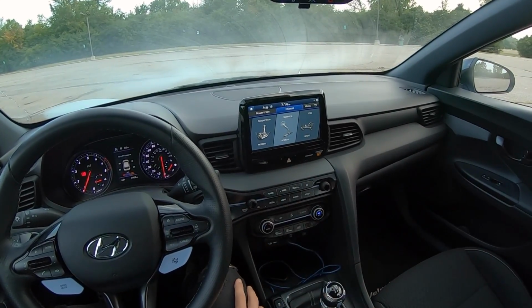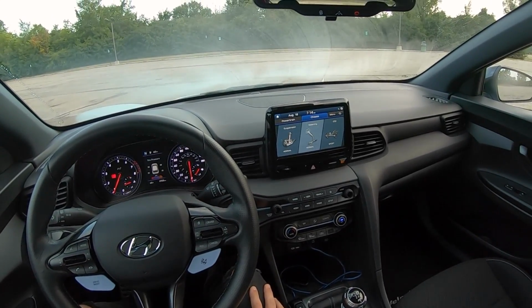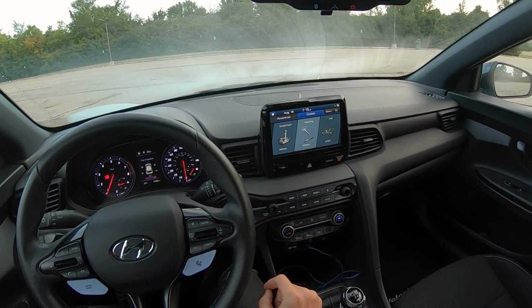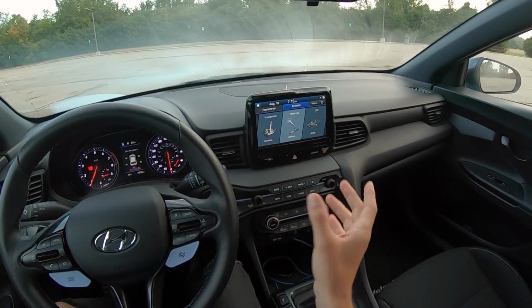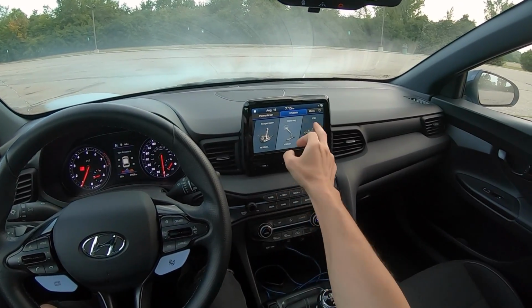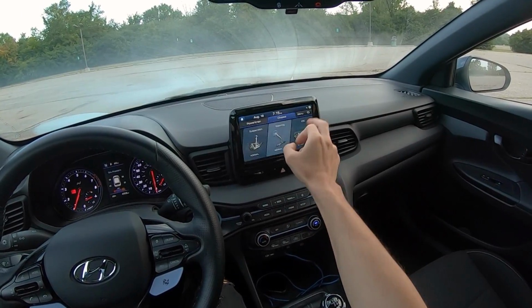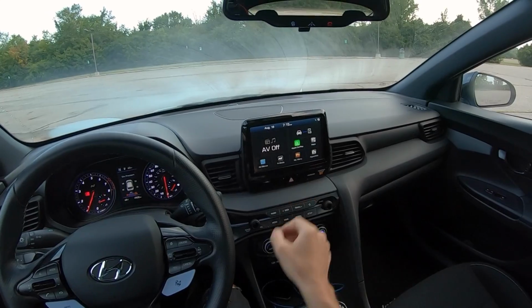Softens up the suspension, makes it more livable. In Sport Plus, the suspension is very, very stiff. It's great for the track though. So it's nice to be able to adjust that and dial it back and kind of give this car multiple personalities. My ESC, we even put that in sport. We can do off too, but for the street, we're not even going to be getting close to the limits